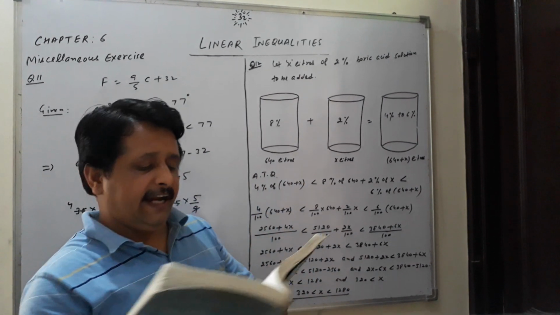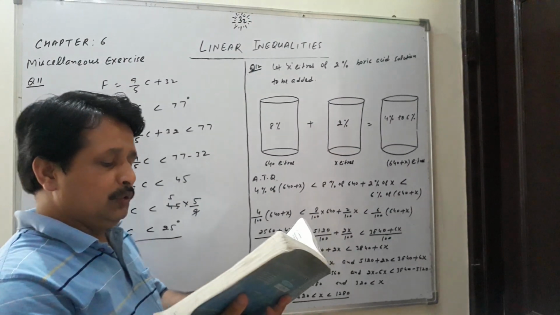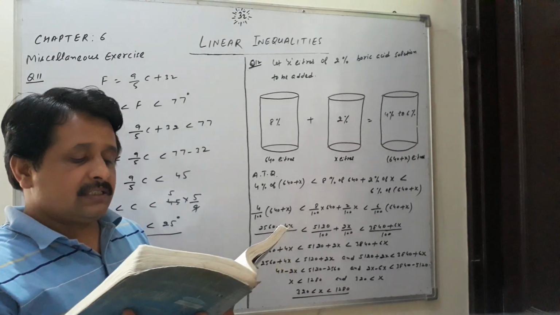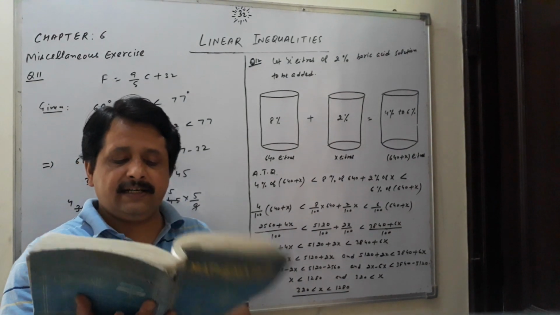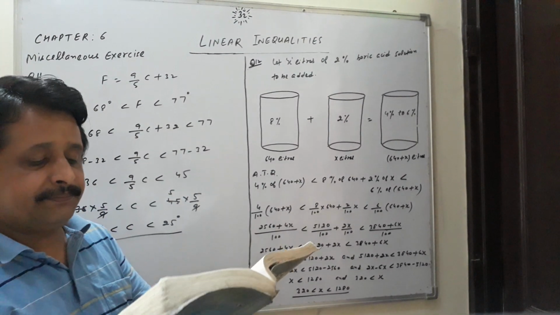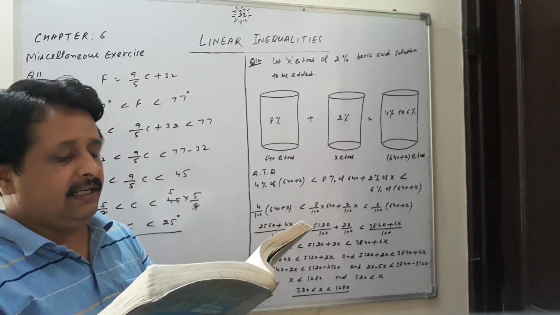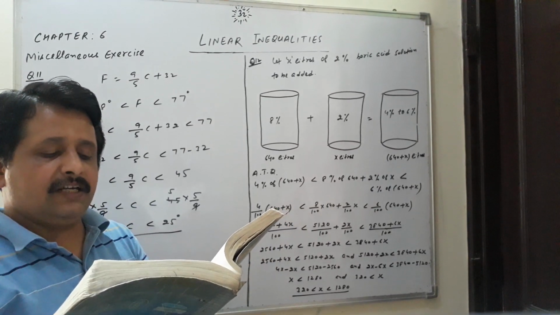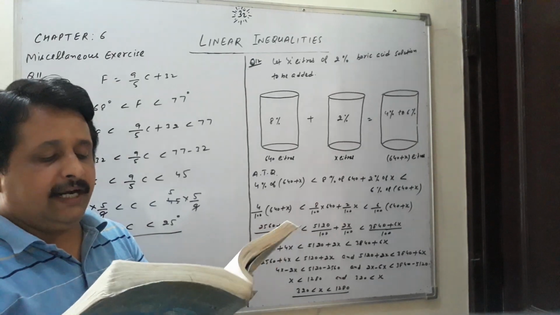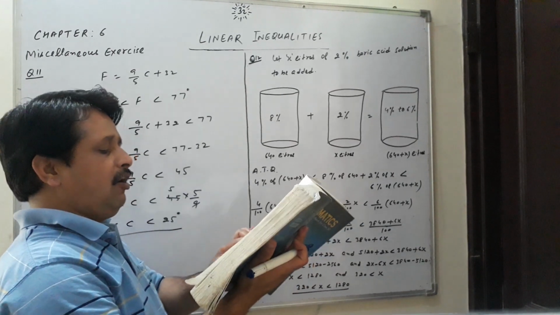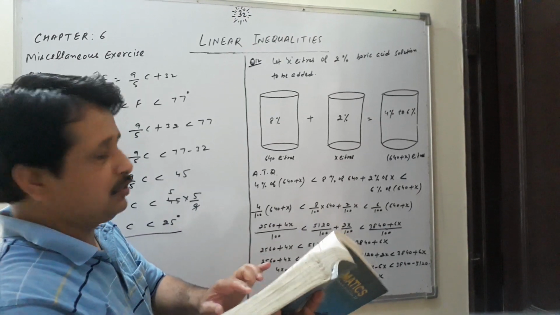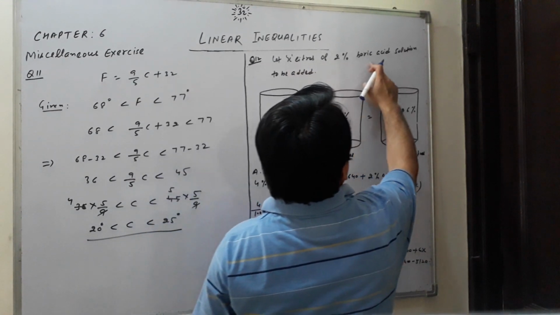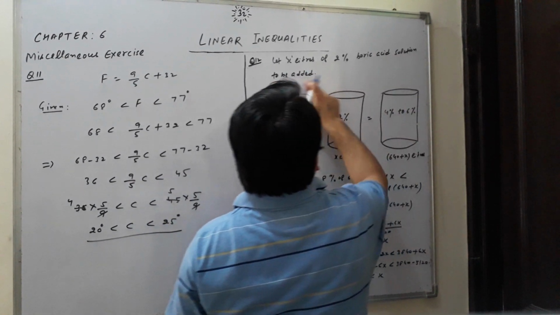A solution of 8% boric acid is to be diluted by adding 2% boric acid solution to it. The resulting mixture is to be more than 4% and less than 6% of the boric acid. If we have 640 liters of 8% solution, how many liters of 2% solution will have to be added? Now here, in the last line it is given how many liters of the 2% solution is to be added. So here I have mentioned, students, let x liters of the 2% boric acid solution be added.